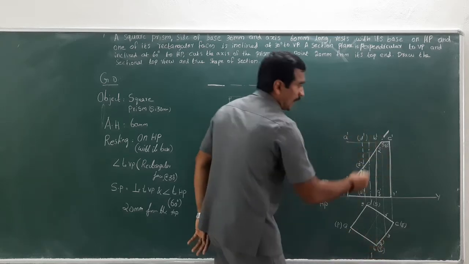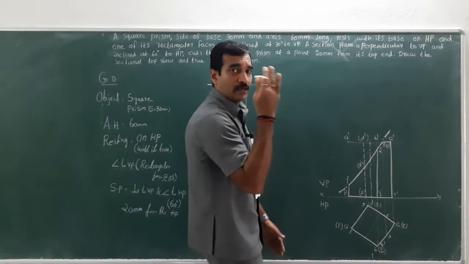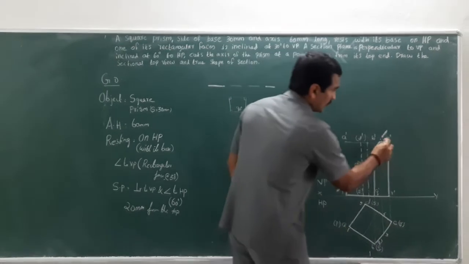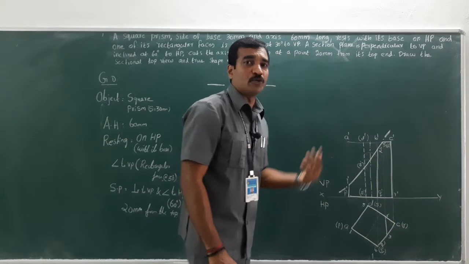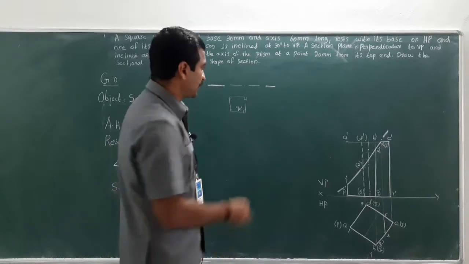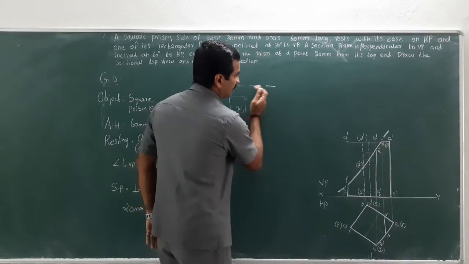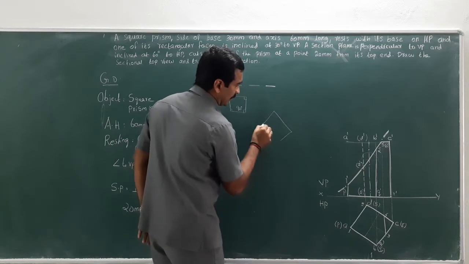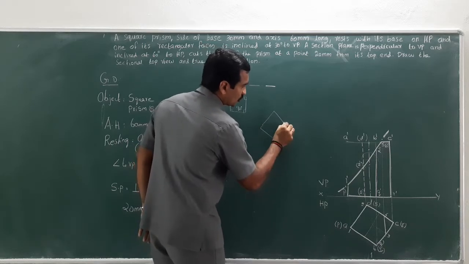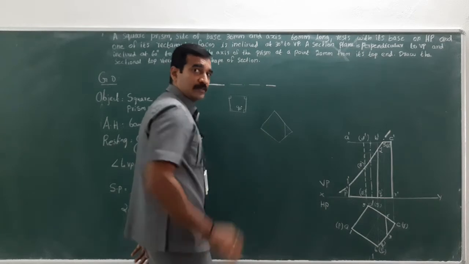And up to here only the object is being sectioned. So this balance portion is not being sectioned. How the section line need to be drawn? I taught you that. Suppose the object is in this manner. So here it is inclined, isn't it? So the object is in this manner. This portion alone is not been sectioned.